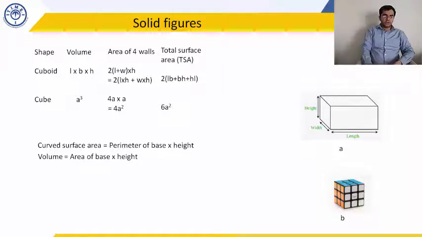And what would be the area of a cube? Simply, all of these sides become equal to each other. So I get a square plus a square plus a square. That's 3a square into 2. That is 6a square. Or we can say that is the curved surface area 4a square plus the area of the top face a square plus the area of the bottom face a square. That's 6a square. These formulae need to be very, very clear in your mind, and within 1 or 2 steps, you will be able to answer your questions.